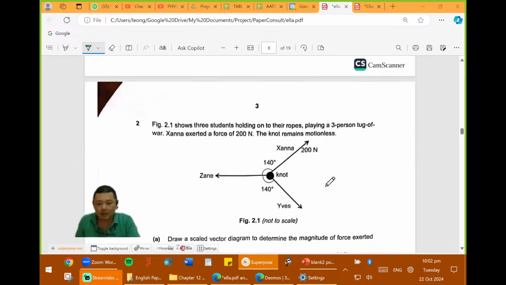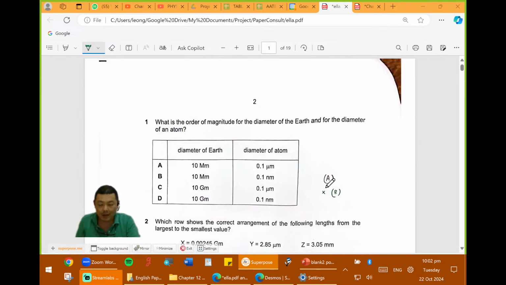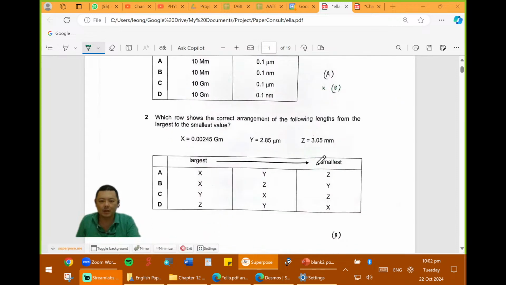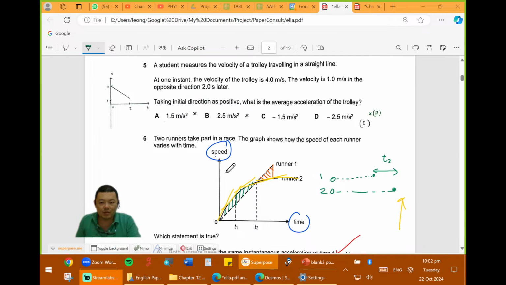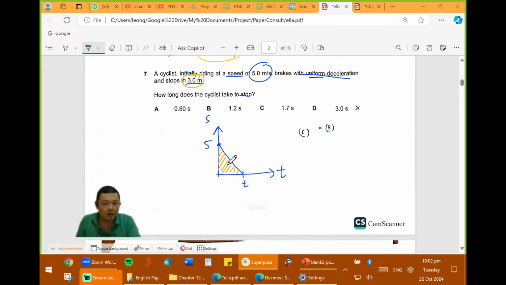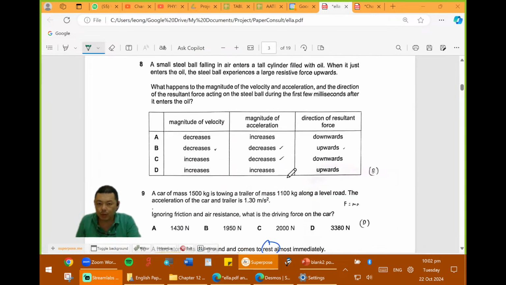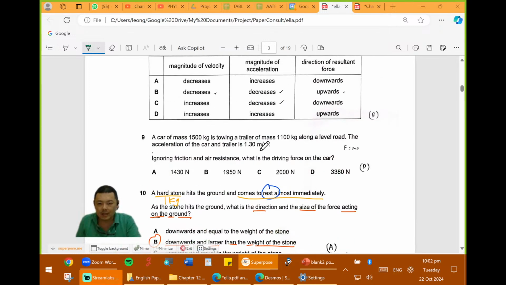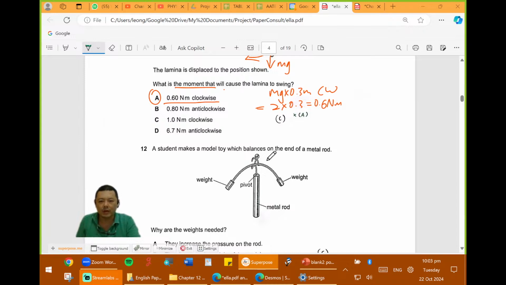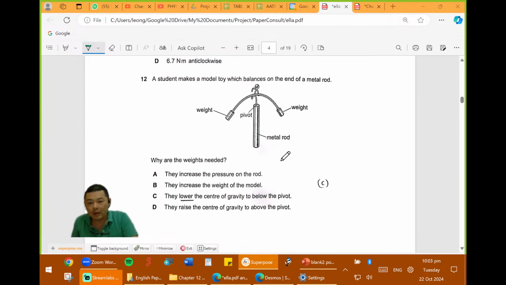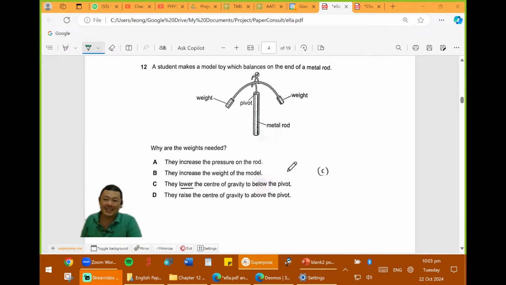Like I can tell, you see all these, right? Straight up, question one is O level, question two also O level. Even this runner thing is also O level. The stillborn one is O level. This car and mass, all these are O level questions. Even the font and the format look very O level. So these are all O level, but he picked out all the difficult ones. You know what I mean? He didn't give you the easier O level. He just chose the more challenging ones. That's what I see, right?